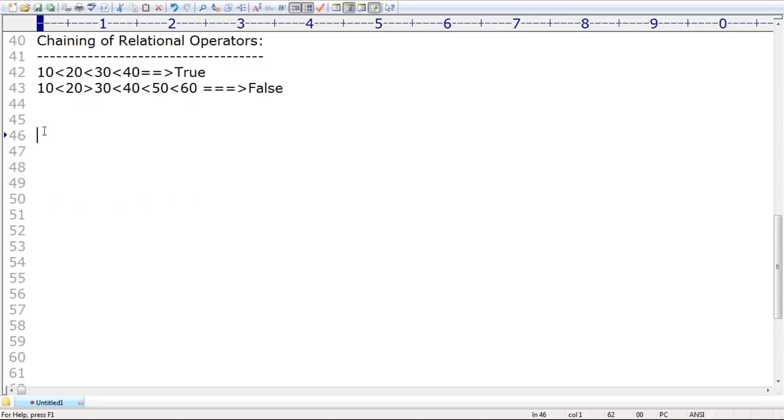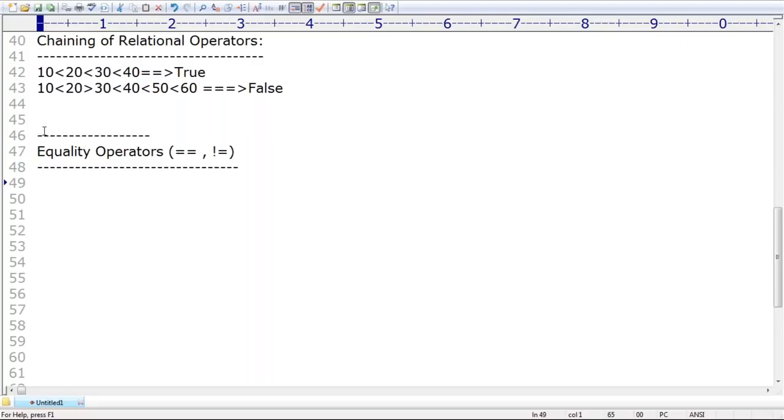Sir, now let me perform a postmortem on the next operators. The next operators are equality operators, right? Which are equality operators? Either double equal or not equal. These operators are by default considered equality operators. Equality operators you can apply for any type, even for incompatible types also, no problem at all.